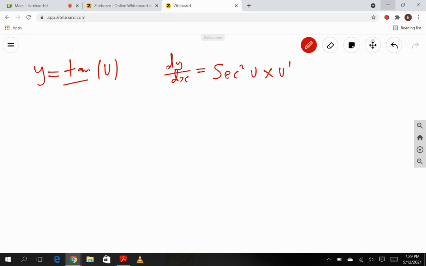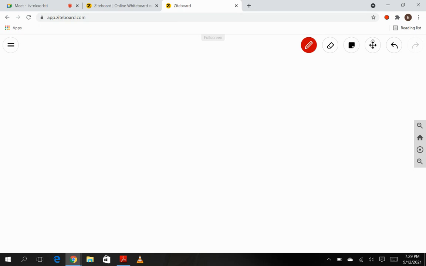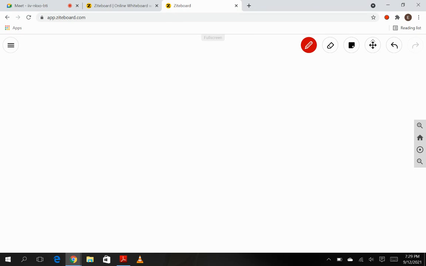So let's say sine 5x. So how do you do that? So here the key thing is, you want to remember the formula, right? So remember, for something like this, we are saying